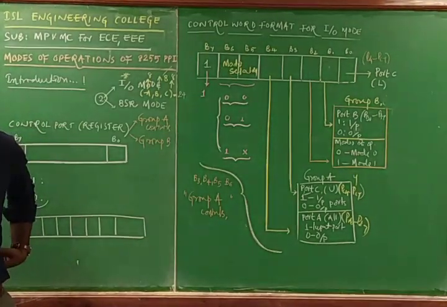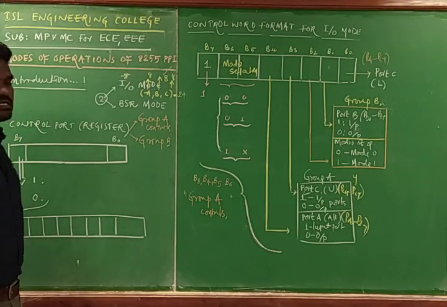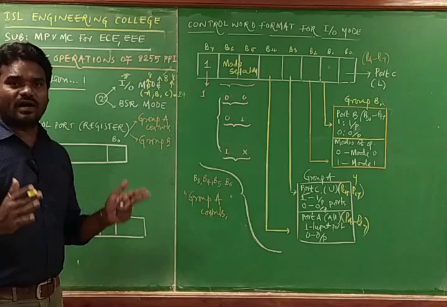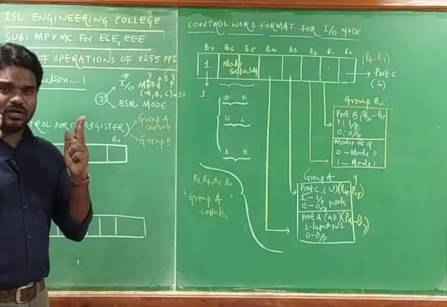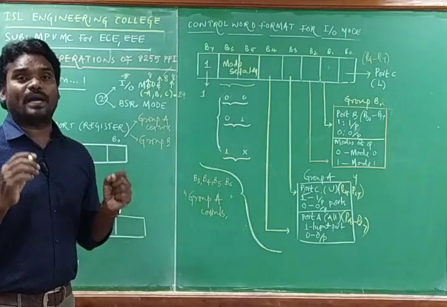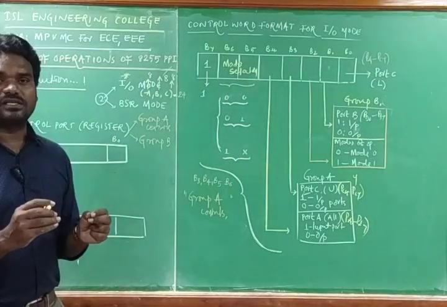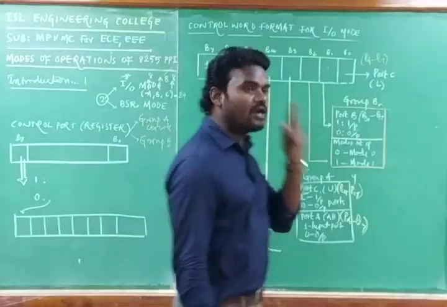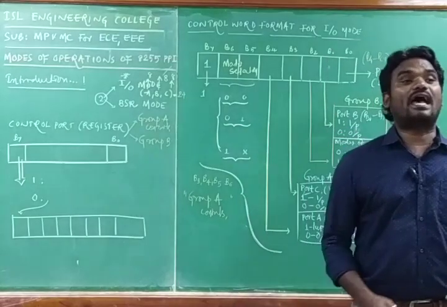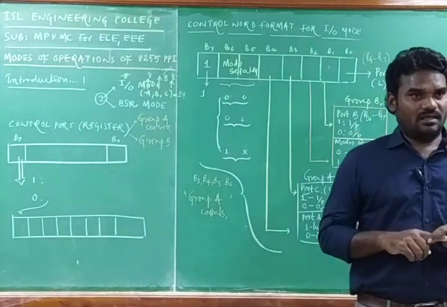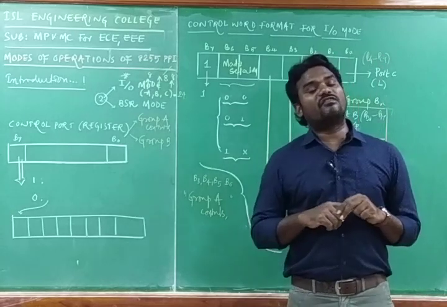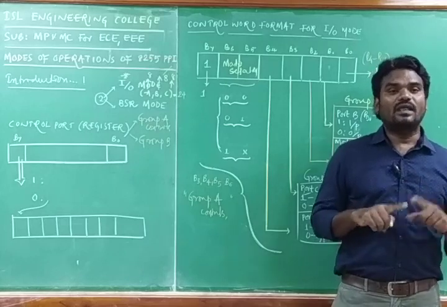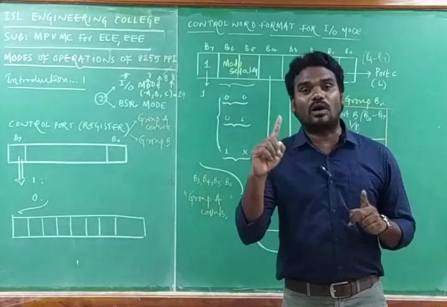8255 PPI stands for programmable peripheral interface. It interfaces the 8086 microprocessor with the input-output devices, making them compatible. And we have discussed in the features of 8255 that in its internal structure it has one control register which is 8 bits wide, so the length of this control register is 1 byte.